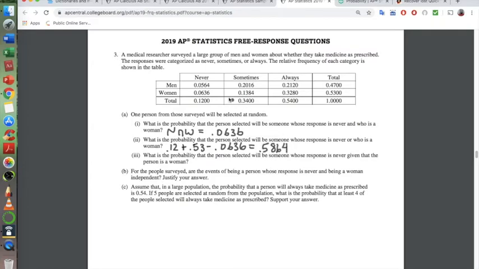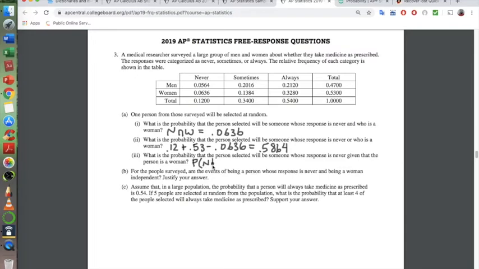And we could have also added up these two plus this one, and we would get that same value, 0.5864. What's the probability that a person selected will be someone whose response is never, given that? So we've got three different types of statements here. We've got the and, we've got the or, we've got given that. And so if we're going to look at given that, then we want to look at first one